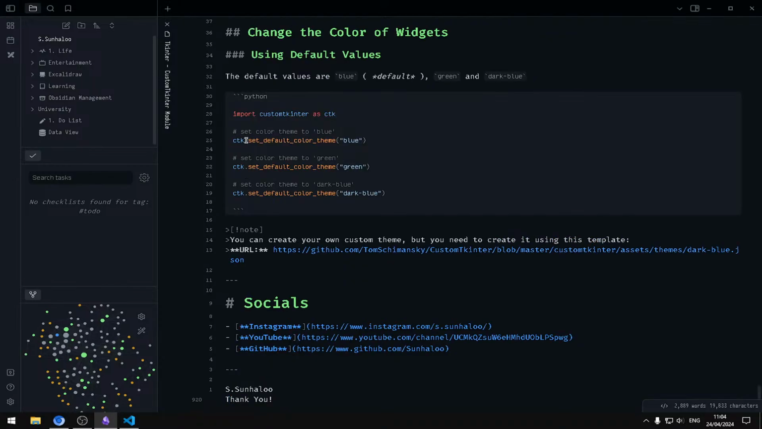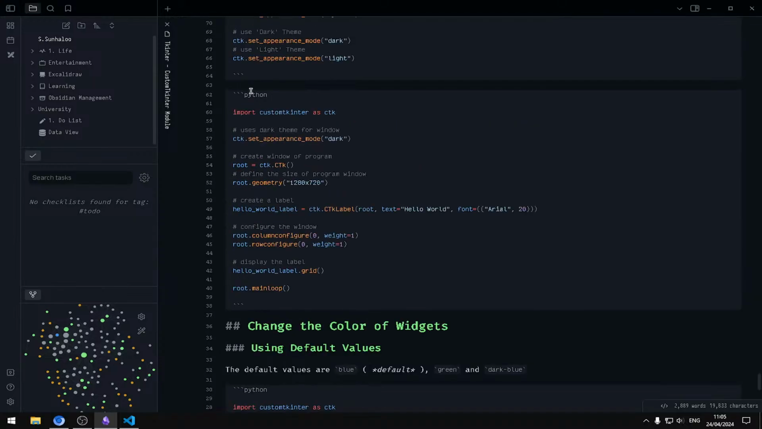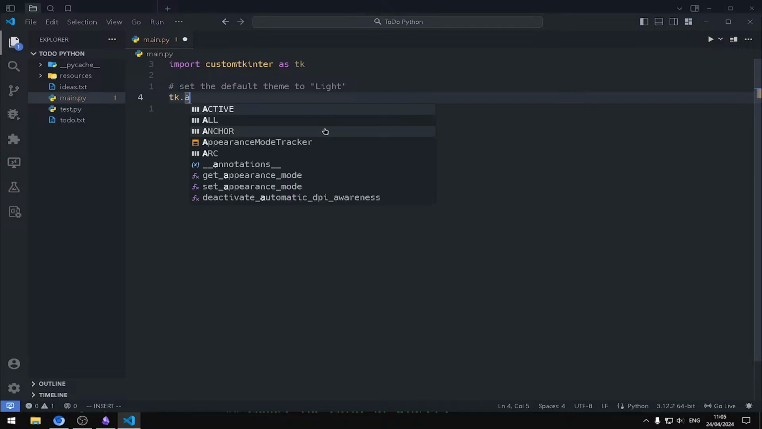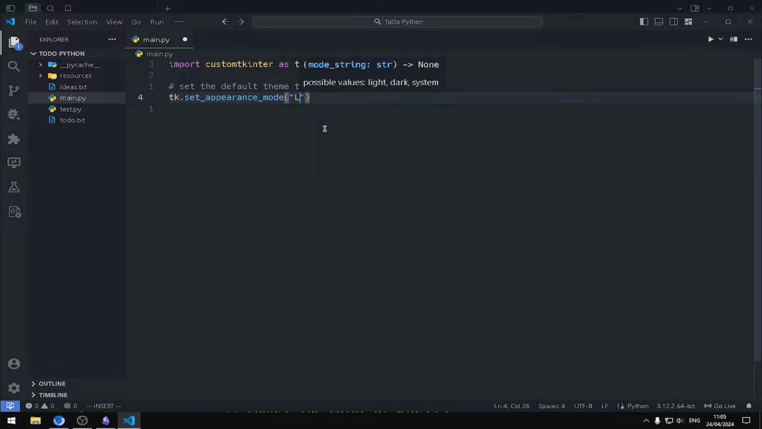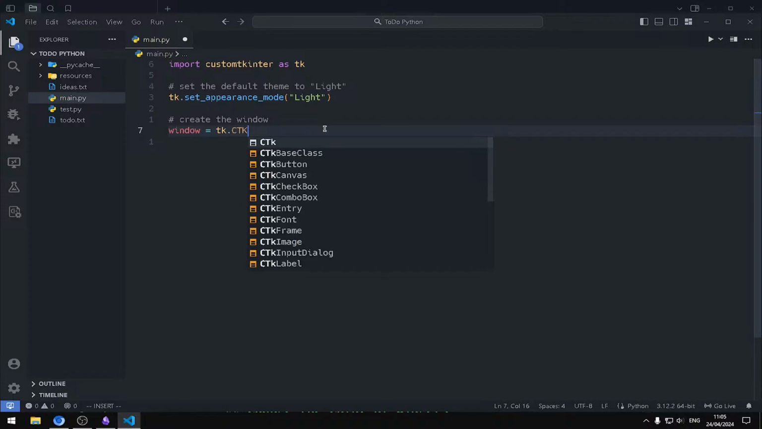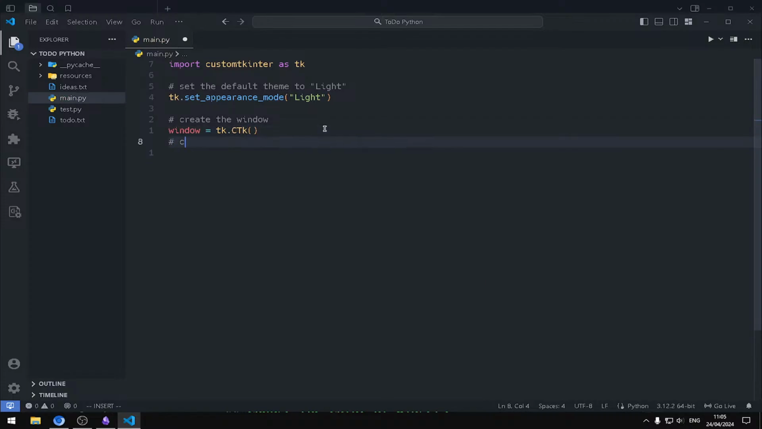possible. So set CTK, just CTK appearance mode. CTK tk dot set underscore appearance mode light, and then okay, create the window dot ctk tk dot tk dot tk, and then add